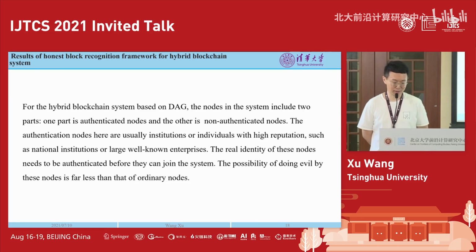For the hybrid blockchain system, there are two kinds of nodes in the system. One part is authenticated nodes, the other is non-authenticated nodes. The authenticated nodes here are usually institutions or individuals with high reputation, such as national institutions or large well-known enterprises. The real identity of these nodes needs to be authenticated before they can join the system. The possibility of misbehavior by these nodes is far less than that of the ordinary nodes. So,